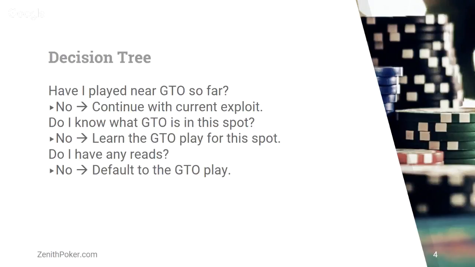Right. So this decision tree is about this specific hand, this specific node in this specific tree. So have I played GTO up until this point in the tree? Have I played GTO up until the turn? From preflop to the turn, have I played GTO in a GTO-ish way? If the answer to all that is yes, then we can continue to the next question. Do I know what GTO is in this specific spot? And once you answer those two questions as yes,